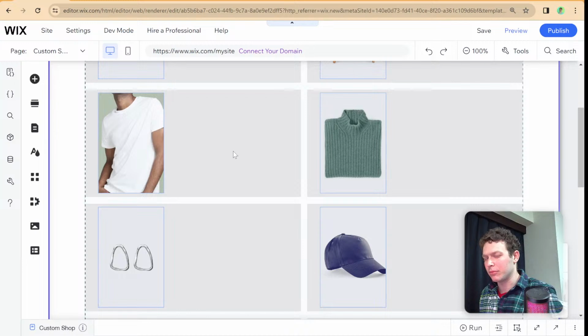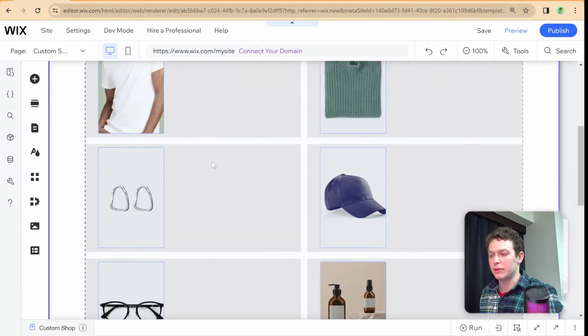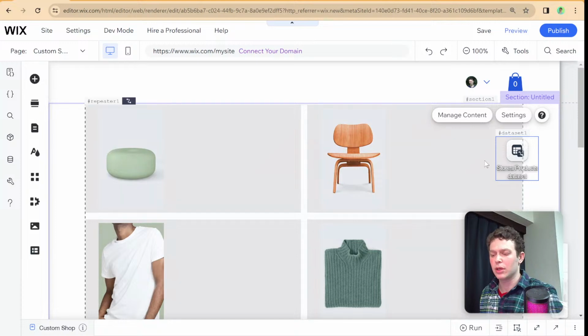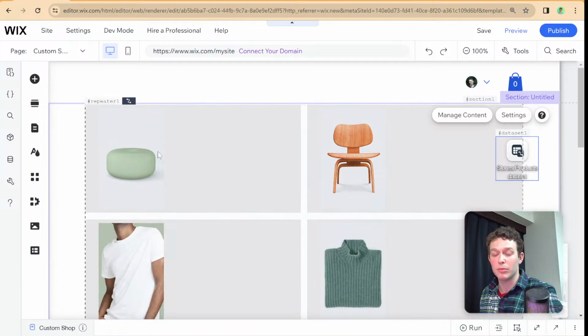For example, the custom product page tutorial, you can learn from there how to add things to a cart. So what I demonstrated here is one way, using no code, but you could also essentially run a data query inside the IDE and query that collection for the data from the products, and then populate the repeater using code as well. So that was a rather long answer for Artinio regarding the design,